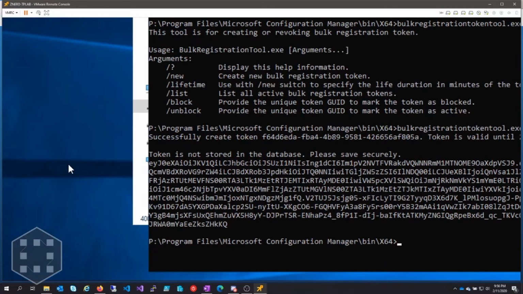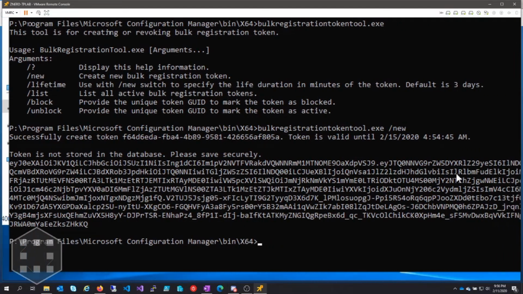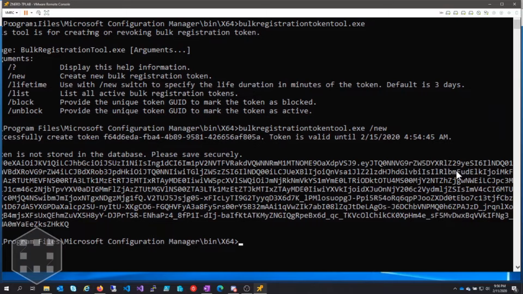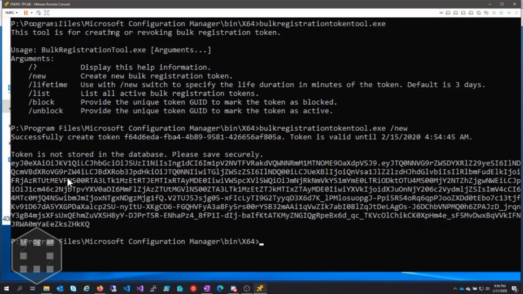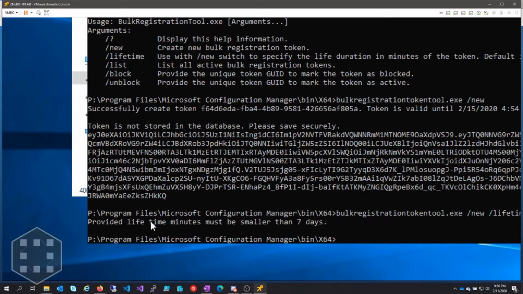Now note that the token itself is not stored in the database, so you need to make sure that you export that and save it somewhere safe and secure, because this is unique to your environment. Now we can attempt to give it a new lifetime, and 1440 is a day of minutes. If we set that to 10 days, we will get this lovely error message here: provided lifetime must be smaller